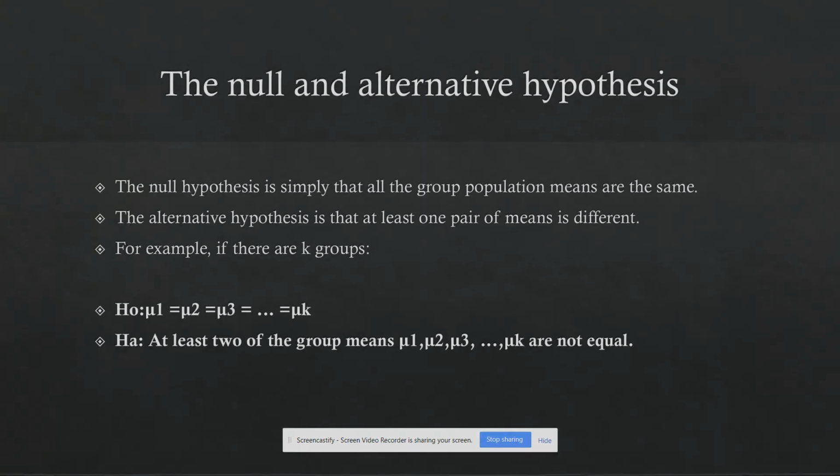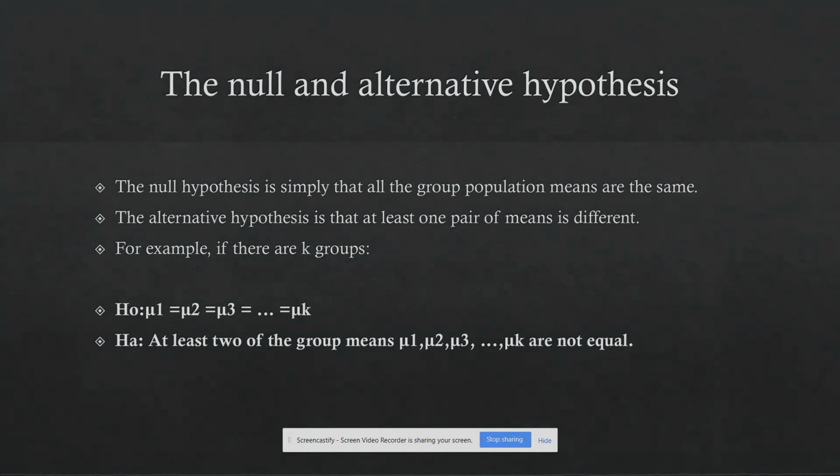For ANOVA, the hypotheses are pretty easy. So for us, the null is simply that we're thinking all the group population means are the same. The alternative is that at least one pair of means is different. If you think back to chi-squared, this is kind of similar, but with chi-squared we had proportions, where now we're